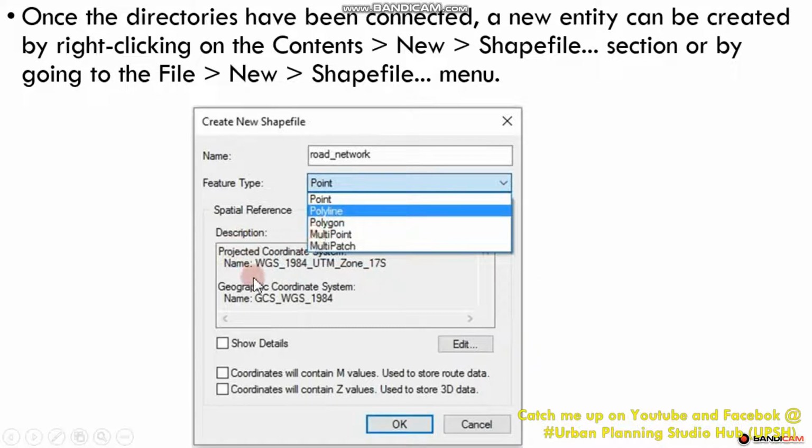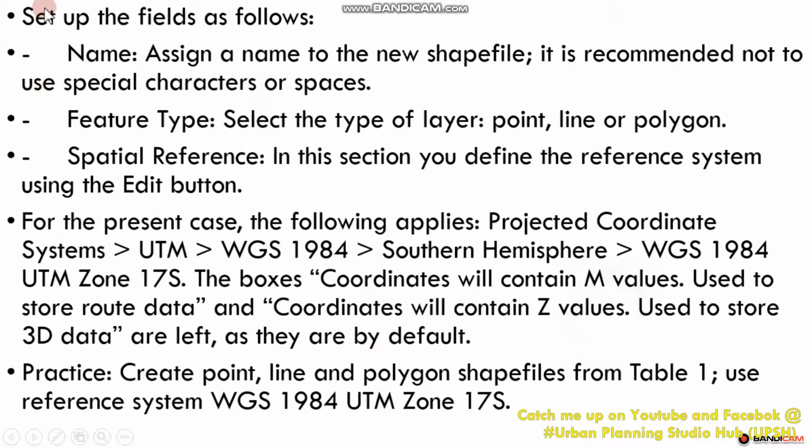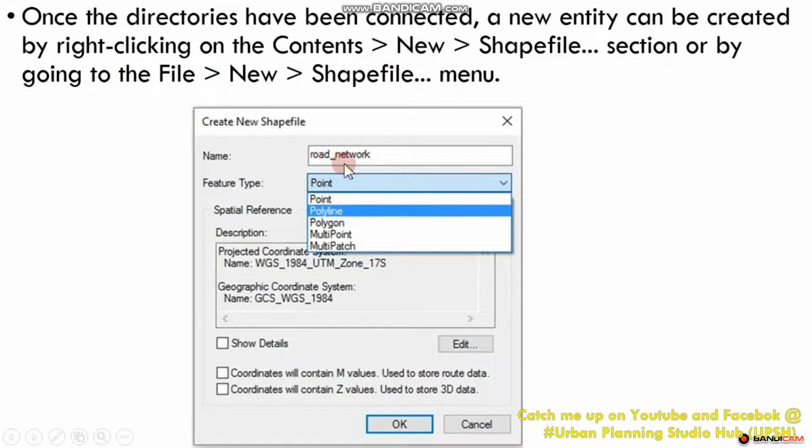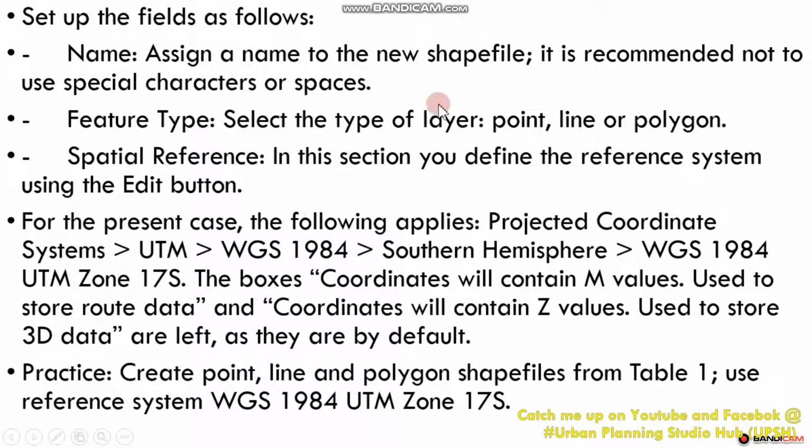Then you have the description of your coordinate system, your projected coordinate system, which we will see. Then we have coordinates that contain an m value. The m value means 2D and the z value means to store information data for 3D. Okay, so now set up the fields as follows. Name: assign a name to the new shapefile, that's road network. And in the spatial reference section,